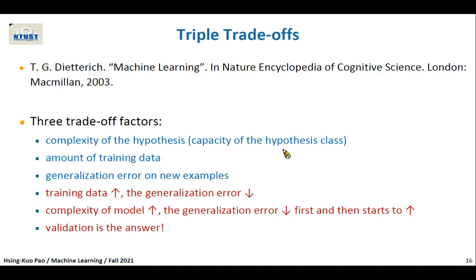Okay, the triple trade-off. From time to time we are going to find something that we can control. One is hypothesis complexity, and the other is the amount of data. Given these two, when we want to focus on generalization, meaning we want to predict the future, to predict on fresh new data, then we are going to say, given higher and higher complexity,